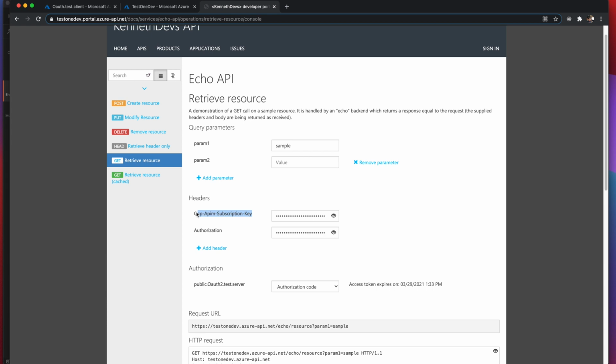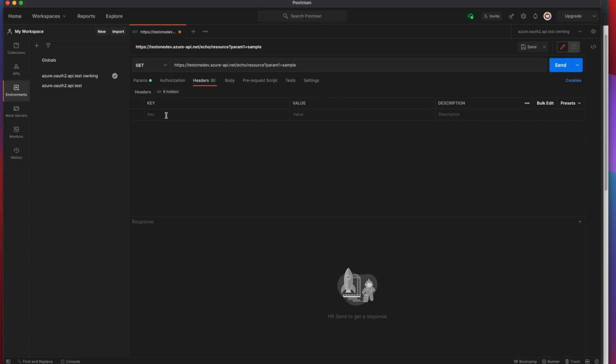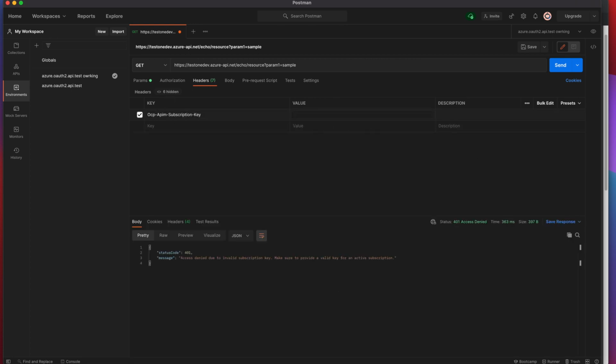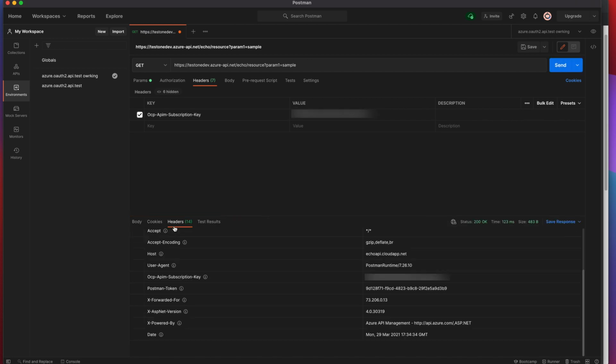I'm just gonna put it here in the key header, as a direct subscription key. I'm just gonna edit this value so you don't see it and you don't have access to this. Actually, I'm gonna delete all these servers after we finish this for security reasons, but I paste the value in there. Let's click send, and you see we have response 200 from the server